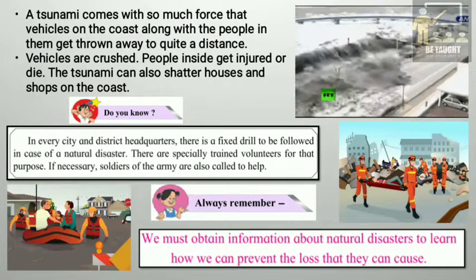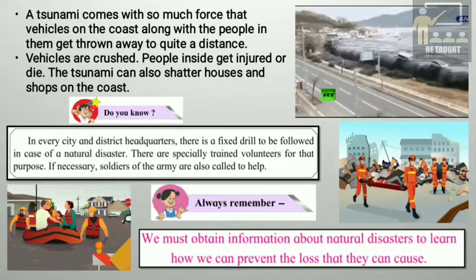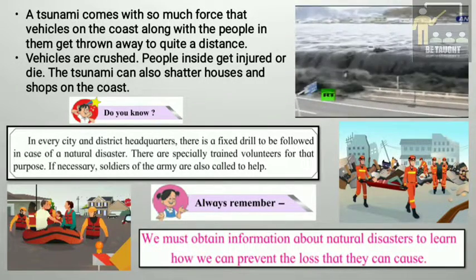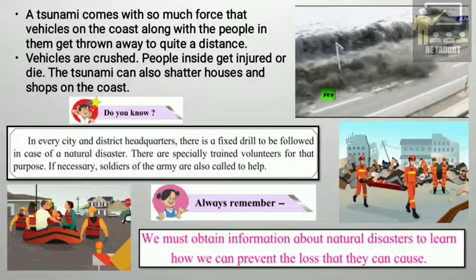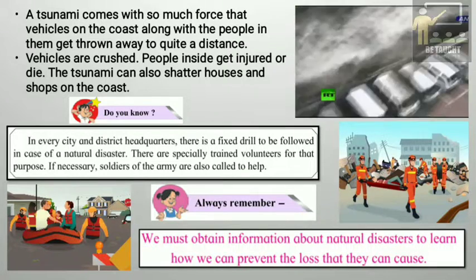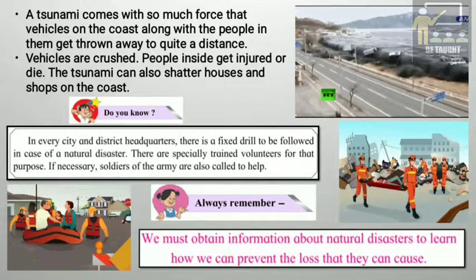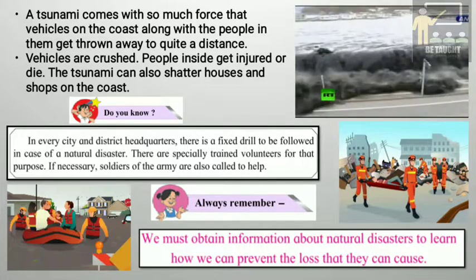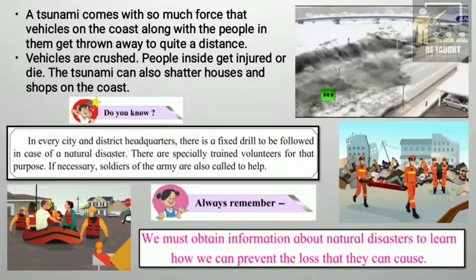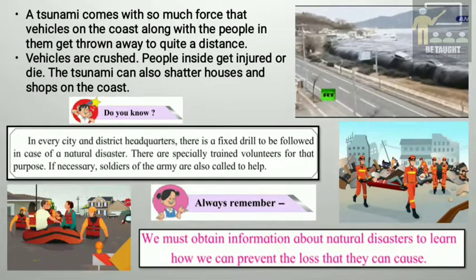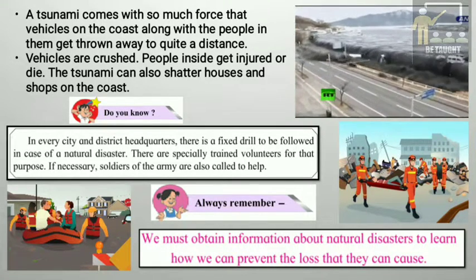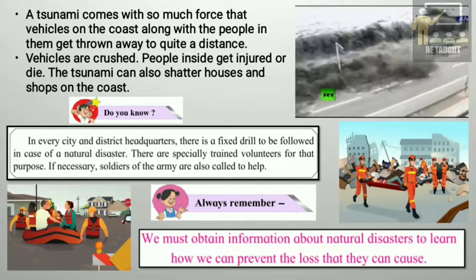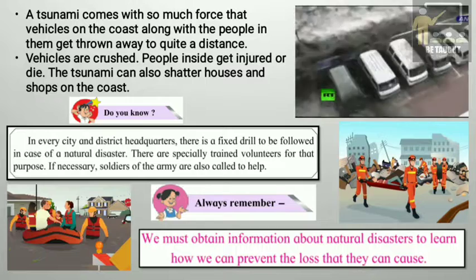If it rains heavily during the rains, the level of water in the river rises. This is called a flood. Sometimes flood waters enter areas where people are living. Houses collapse. People and animals drown and die. Everyday life becomes difficult. One should go to a place at a height till floods recede.